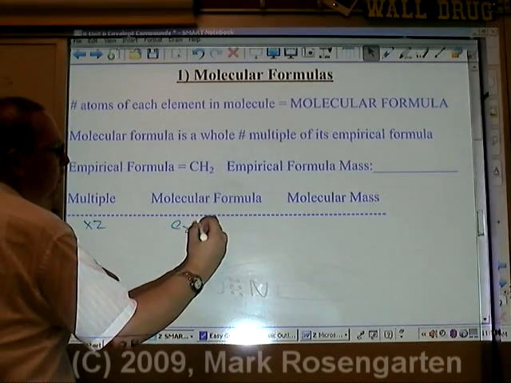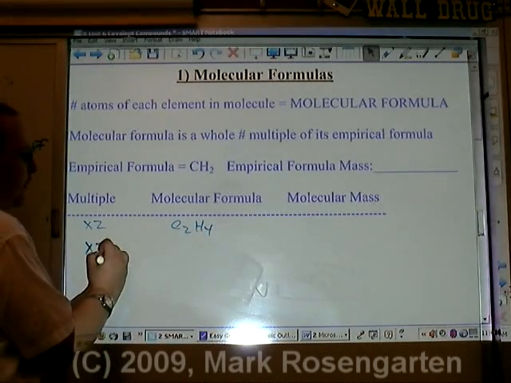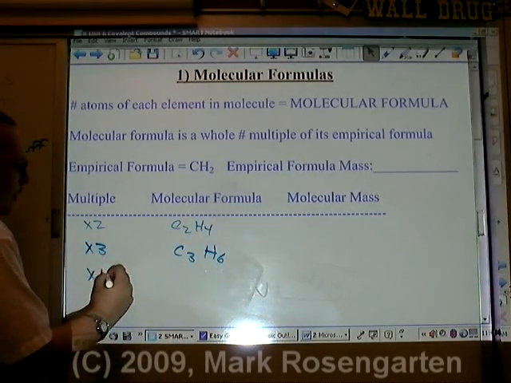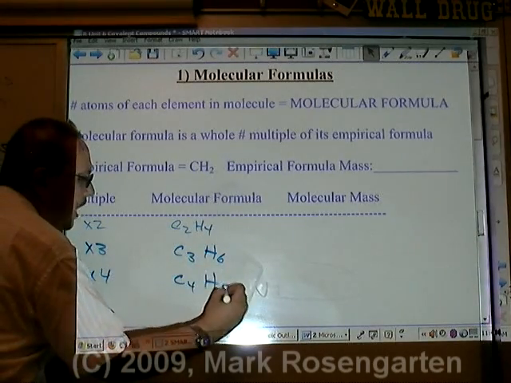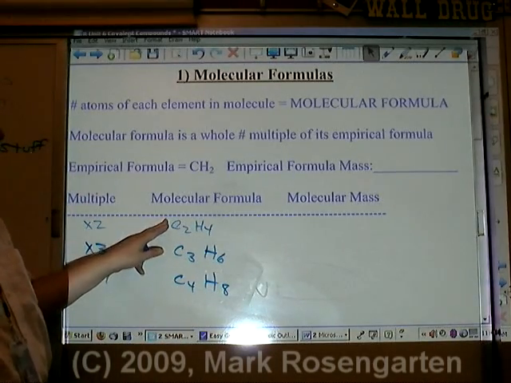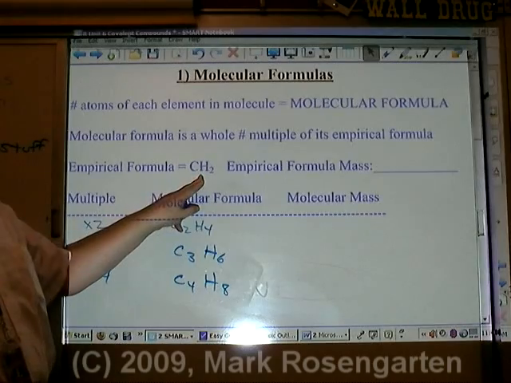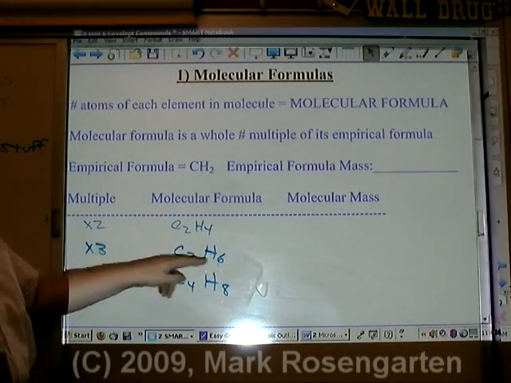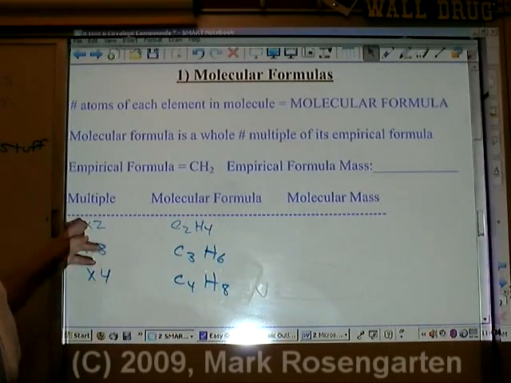would be C2H4. If we triple that, we get C3H6. If we quadruple it, we get C4H8. The molecular formula is a whole number multiple of the basic ratio of the elements in the compound. So 1 to 2 ratio, still 1 to 2, still 1 to 2, still 1 to 2, but multiplied by